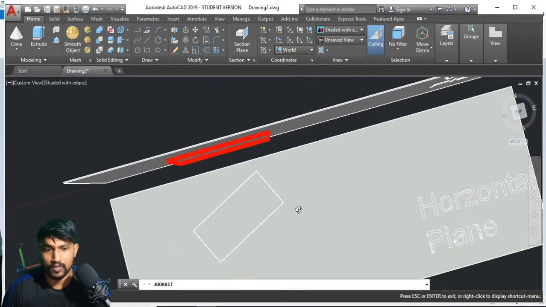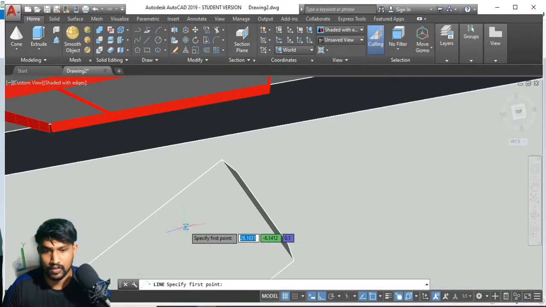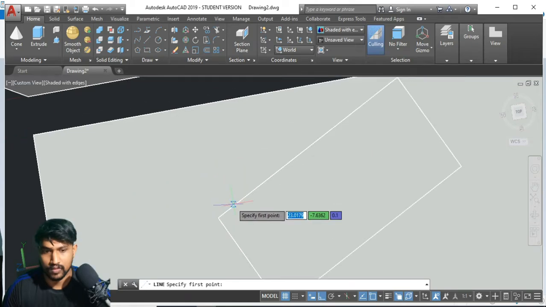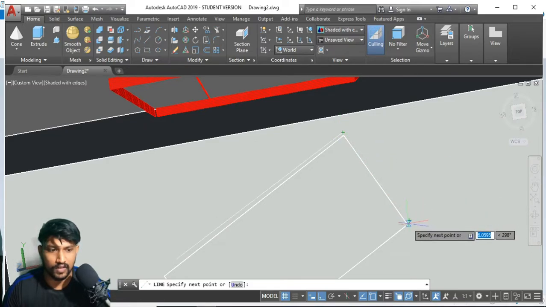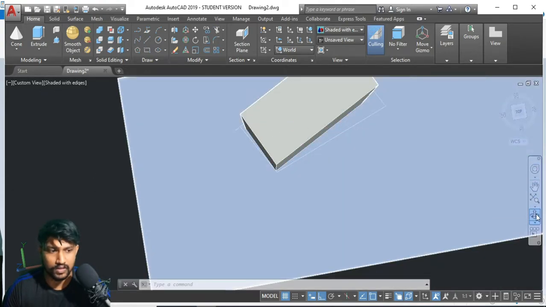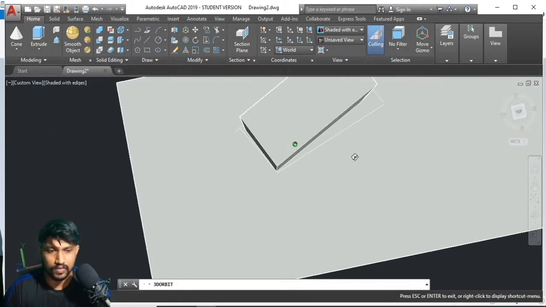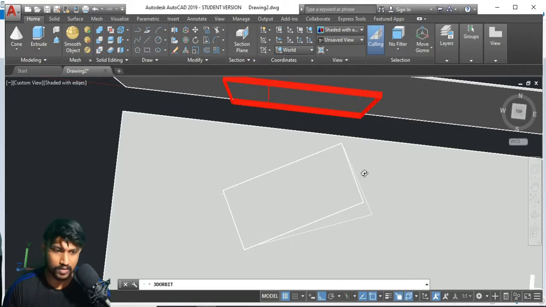So from the top, it is going to look like this. I can't just match these edges, because if I do so, I will mess up the entire figure. I don't want that to happen. This one is not exactly perfect, but I just want you guys to understand, that's it.